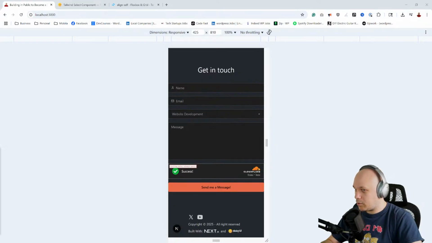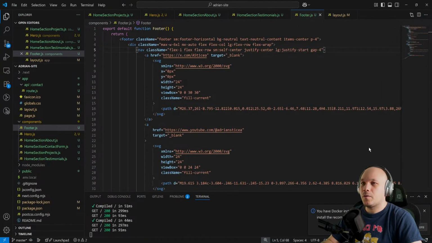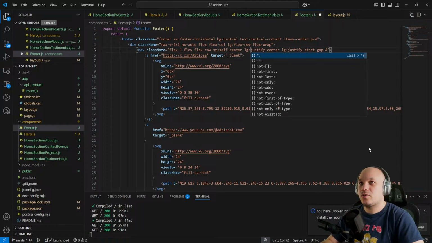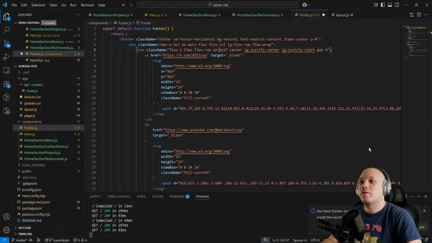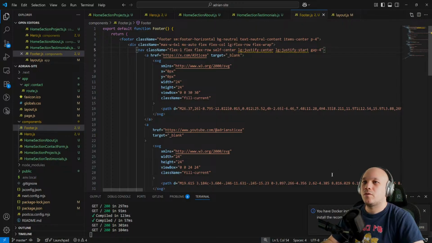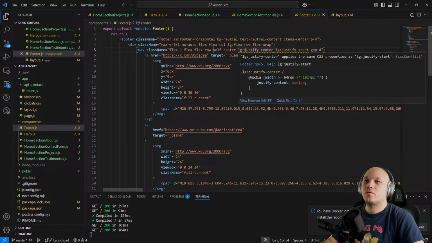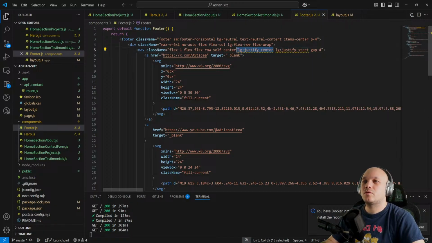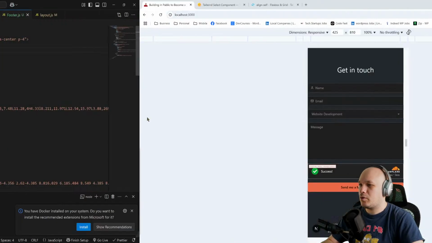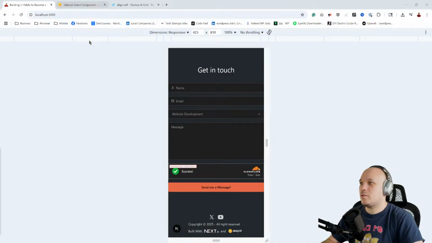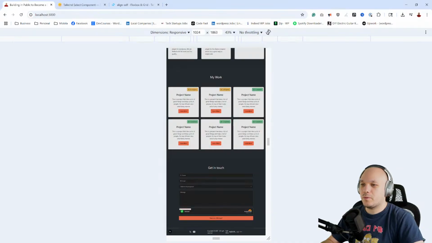Justify center. Yeah, I have large here and self center. Oh, I have 3 properties. So this one should not be here, and this one should be. Now it works. And if I go back to laptop,